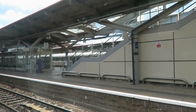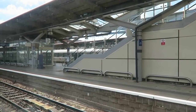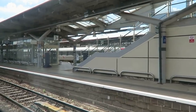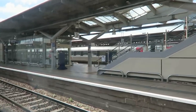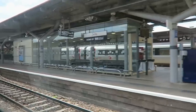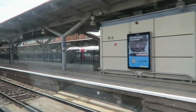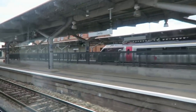Well, we are now on a cross-country service which is going to take us to Nottingham. I've decided to do a triangle. So this goes via Beeston and Long Eaton, and we're just leaving Leicester, Derby, and we'll see the